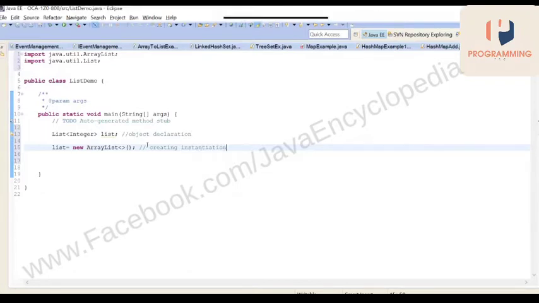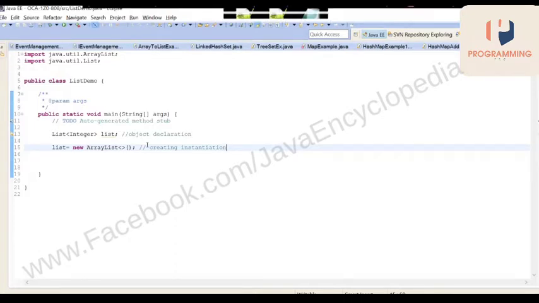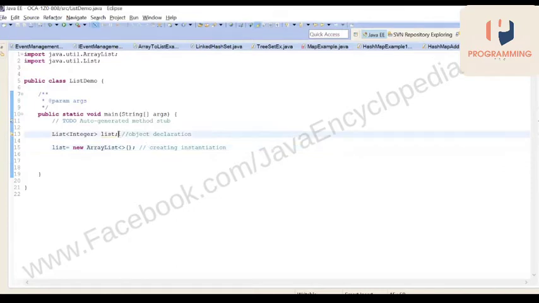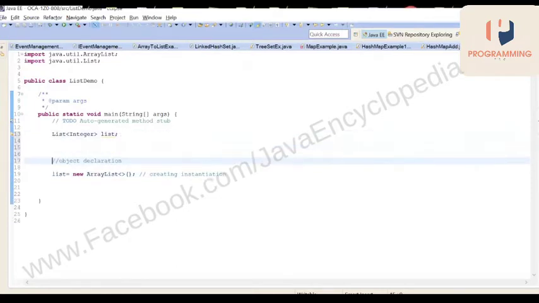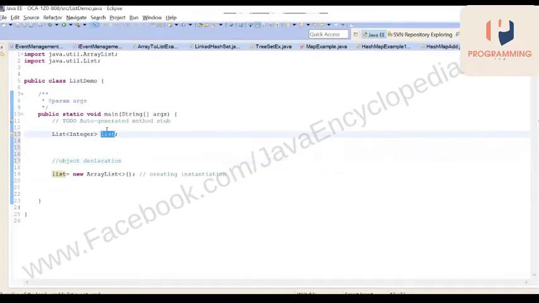They will ask you, have you created an instance? You can ask your seniors also, whenever a problem comes. There may be some scenarios where you will not initialize the list and you will get a null pointer exception. You will declare only a list like this, and in your class you will try to fetch a list of data and push this data.